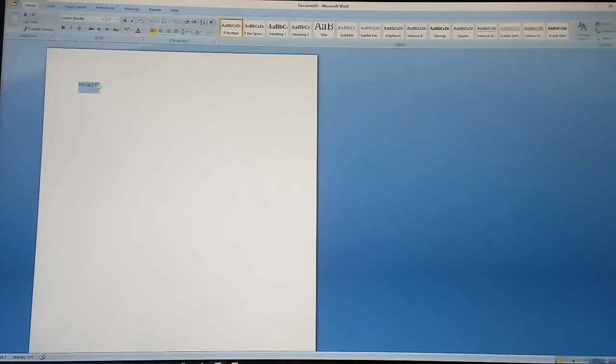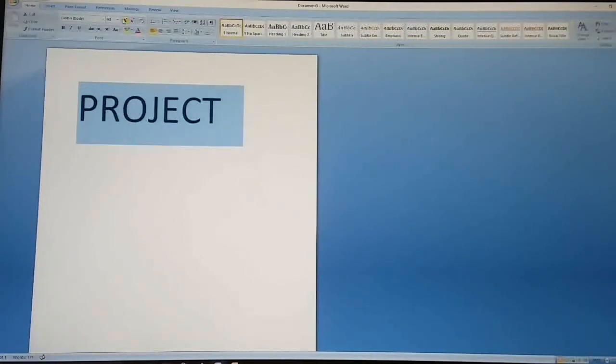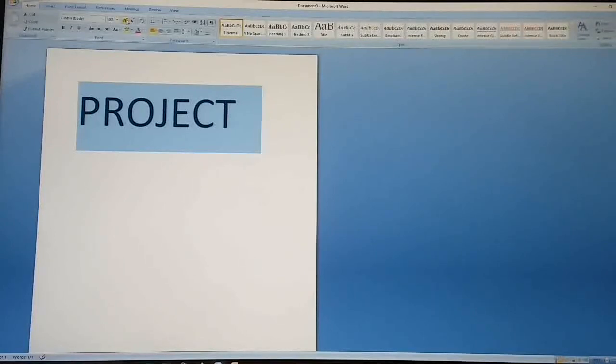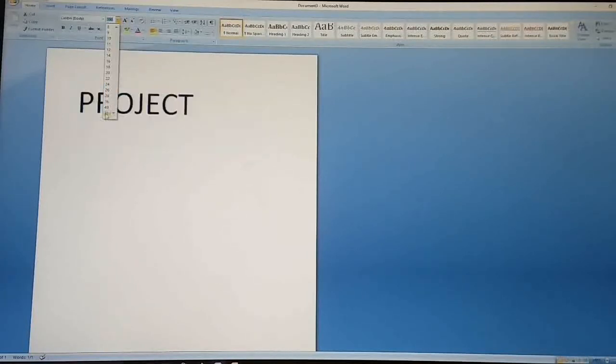Just select your text, then click on the font size option, or there is an increasing option, just a capital A written, just click there, or just click and select the font size.